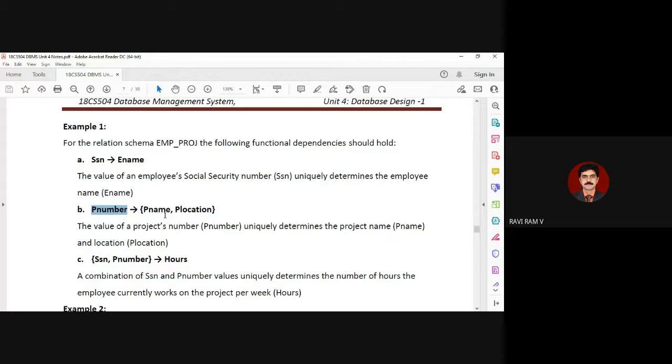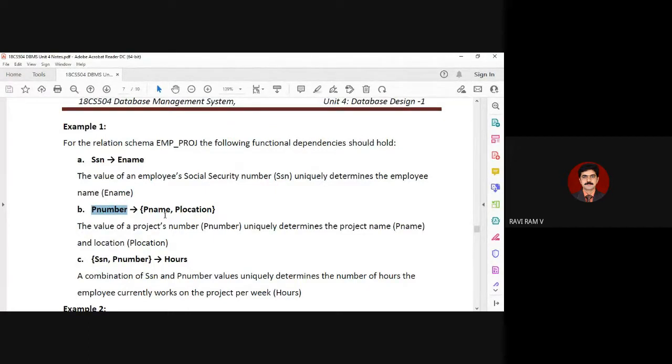If you want to say that both the projects are one and the same, definitely they should have a common project number. So ultimately, you depend on the project number to clarify this particular doubt. Once I have two projects with the same project name and project location, people will definitely ask you, how come two projects have the same name and project location? Then I have to say that it is a duplication. Basically, both the projects, what I'm going to suggest, are one and the same because they share the